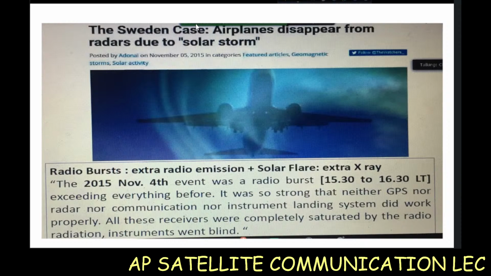Associated with these solar storms, there was a more recent event in 2015 when suddenly the entire Swedish airspace had to be closed down because the radars which track the aircraft suddenly started malfunctioning, because of a radio burst from the sun. At that time, none of the systems which help aircraft to land worked, and as a result the entire Swedish airspace had to be shut down